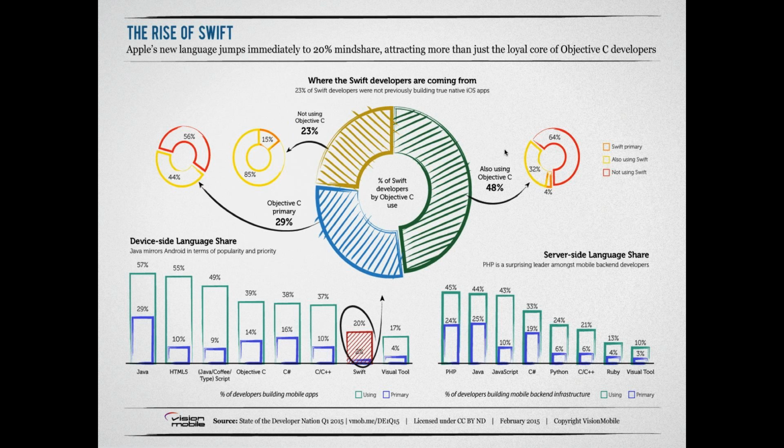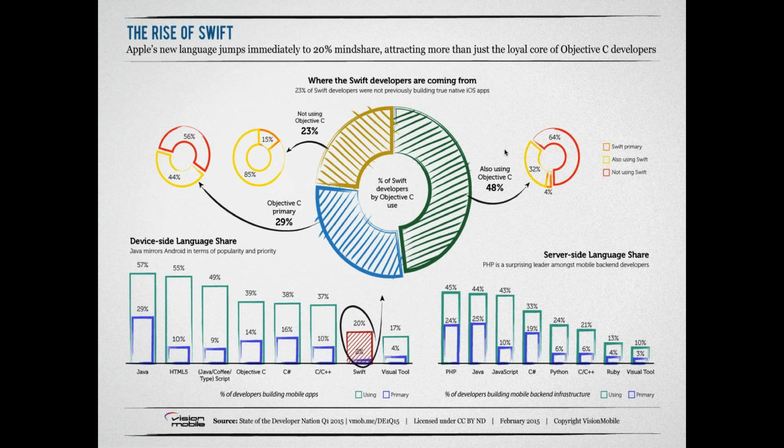Now, if you compare Objective-C, which was introduced in 2000 and on the iPhone in 2007, but existed much longer on the Mac, it took them 7 years to get to that 39%, and so it's just phenomenal that Swift rose so quickly.